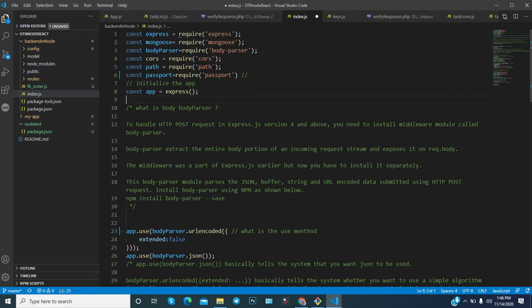Then next is the path. What is the path basically? Let's talk about it. Suppose you have some static data in your Node.js application, maybe CSS or some pictures, some photos, but how, through Node.js, will you show all these things? You have to store them somewhere in a folder and write some code that your Node.js will understand and use to show all the files to the user. So for this we will use the path.